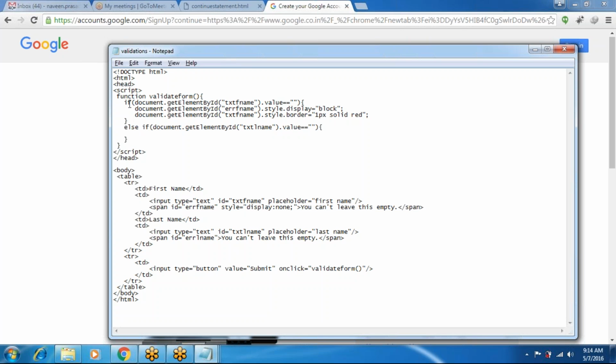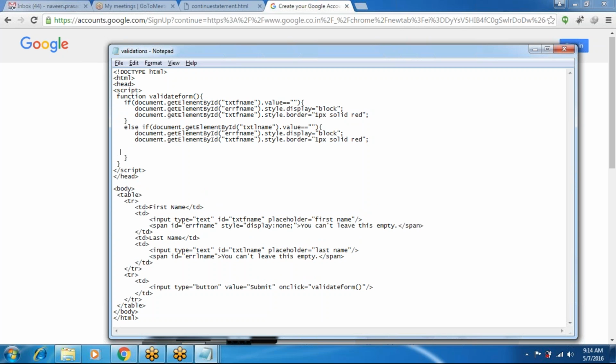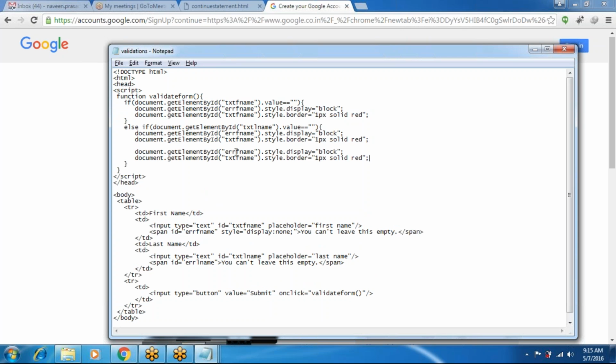So first of all, if you successfully enter the first name value, remove this error message for the text box, and next you can write error messages for last name, and here also last name.